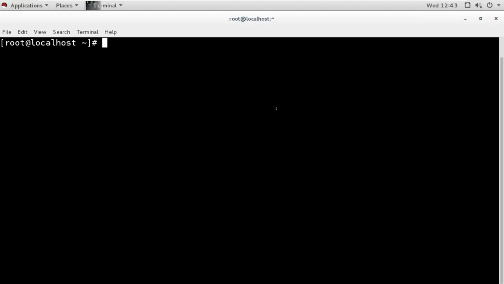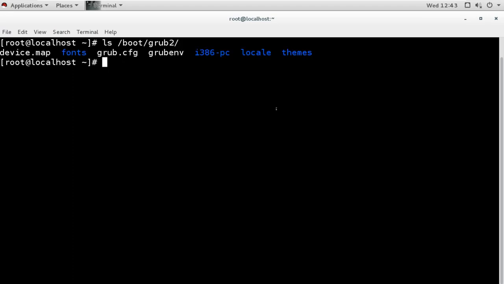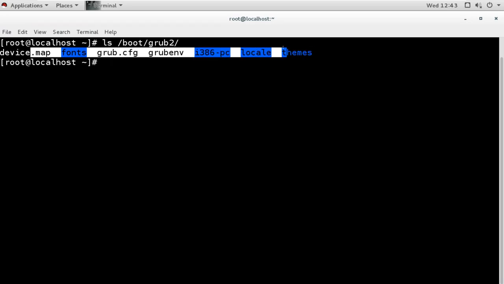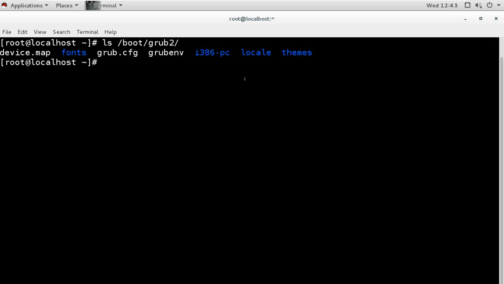That configuration is saying that you should get the password from this location, boot grub2, and under that we have these files, but there is no file called user.cfg. So it will get the file from here, and our password command will create the file there, and then it will use the password. It will use the command for the file for the password. So for creating the password, we use grub2.